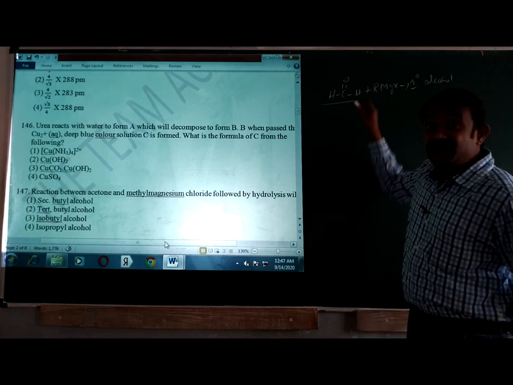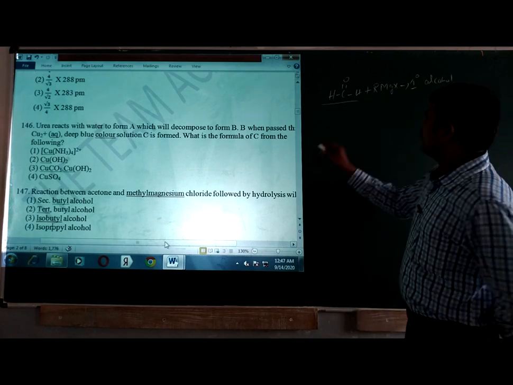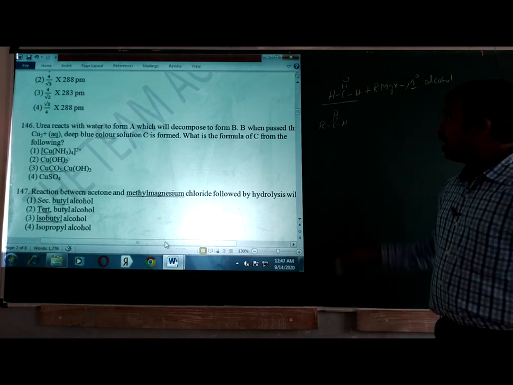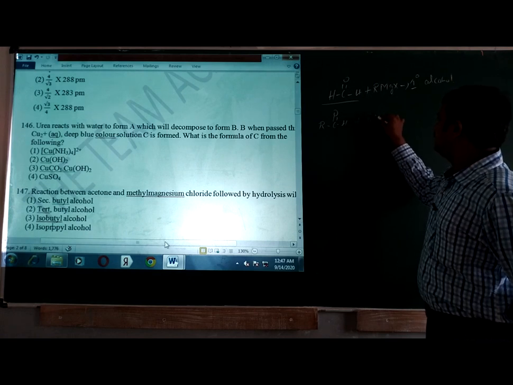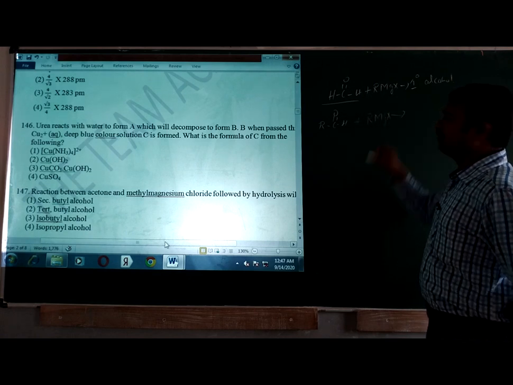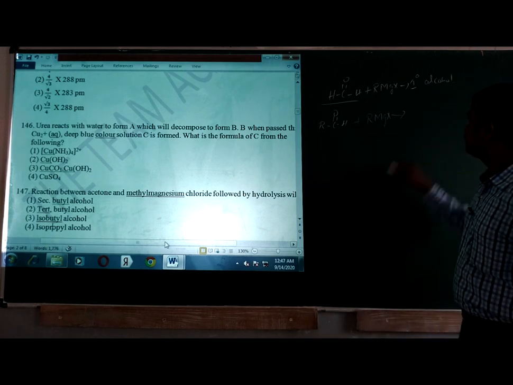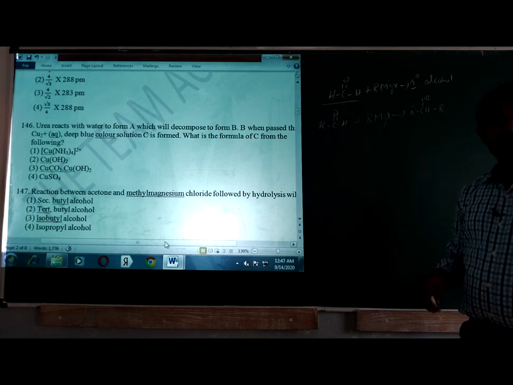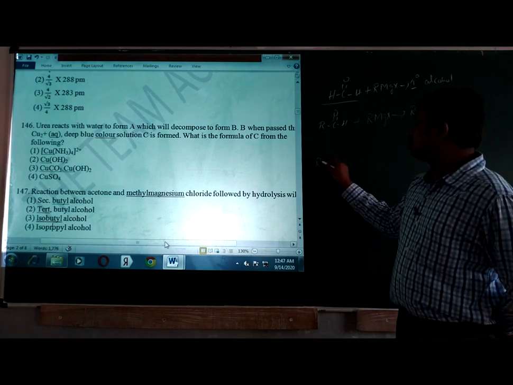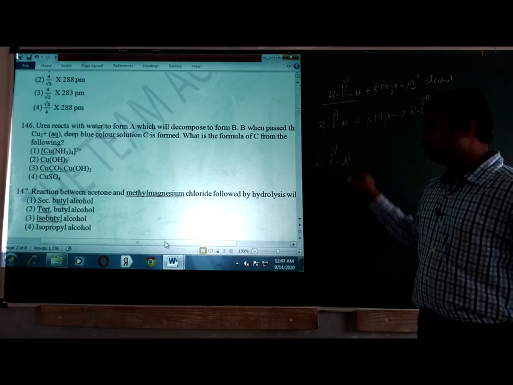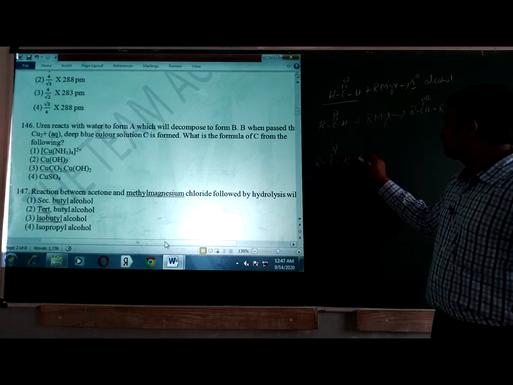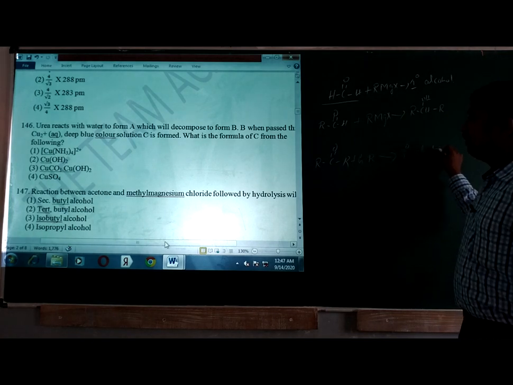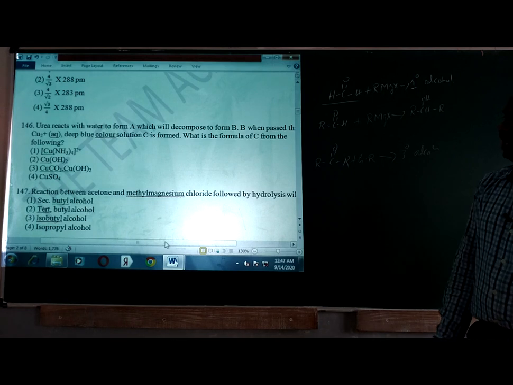When we use an aldehyde other than formaldehyde, here acetaldehyde, propanaldehyde, whatever it may be, and it reacts with a Grignard reagent in the presence of dry ether followed by hydrolysis, you will get a secondary alcohol. In case we are using acetone or any ketone, when a ketone reacts with a Grignard reagent, you will get a tertiary alcohol. Here the compound taken is acetone.